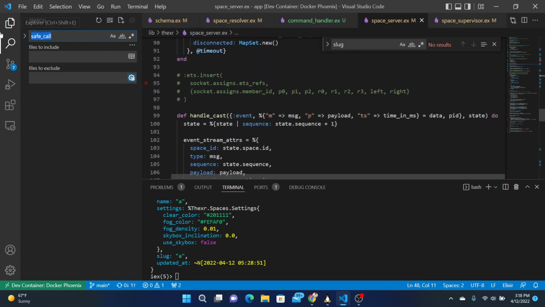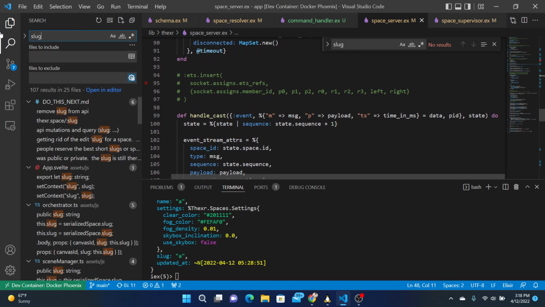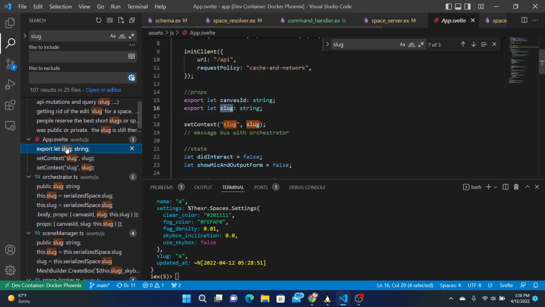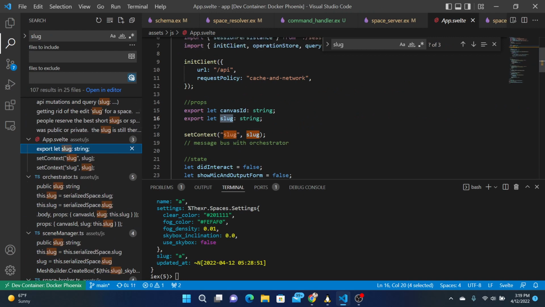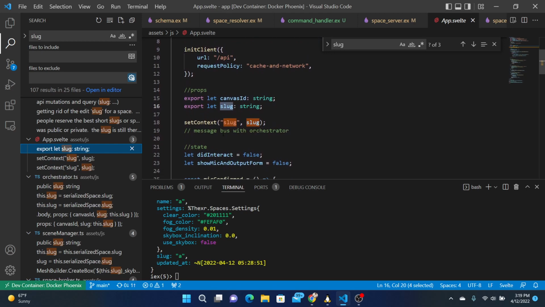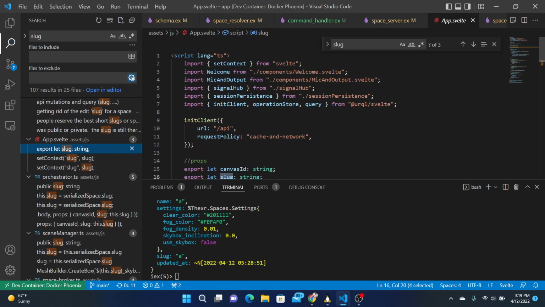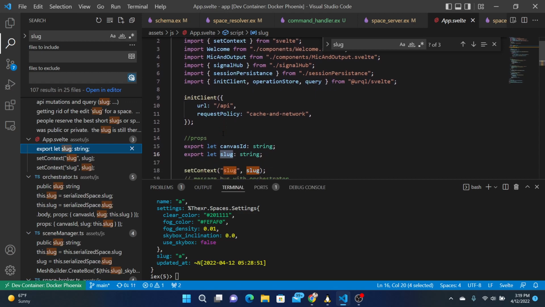Right, where else do we find slug? A bunch of places. Svelte sets the slug.